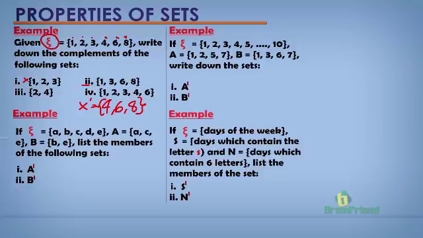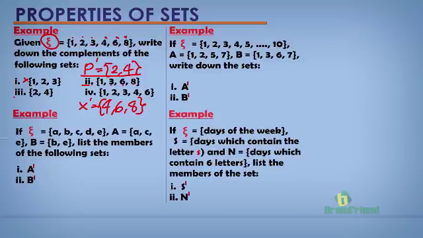Let's take our second problem here. Let's also name this set P. The complement of our set P would be a set, again, that has elements present in the universe that are not in our given set. Let's do a quick comparison. We have 1, which is common, 3 is also common, 6 is common, and 8 is common. Therefore, the elements present in our universal set that are not in our given set are 2, 4. 2 and 4 are the elements that are present in the universe and not present in our given set. Therefore, the complement of our given set, which we named as P, is the set that has elements 2 and